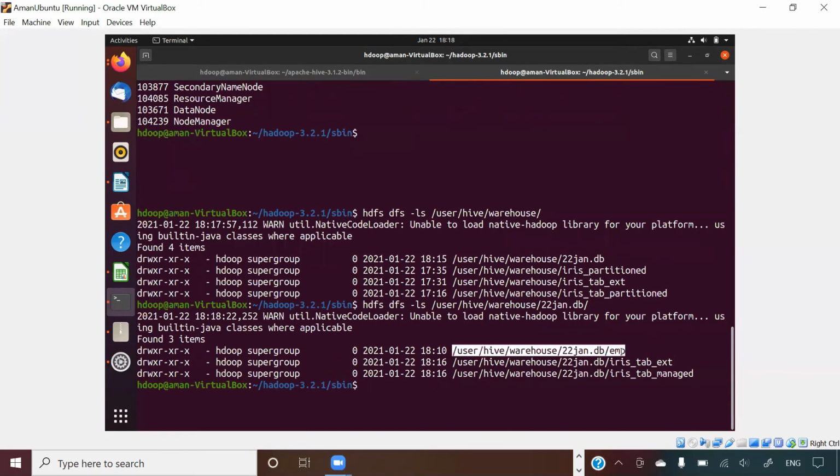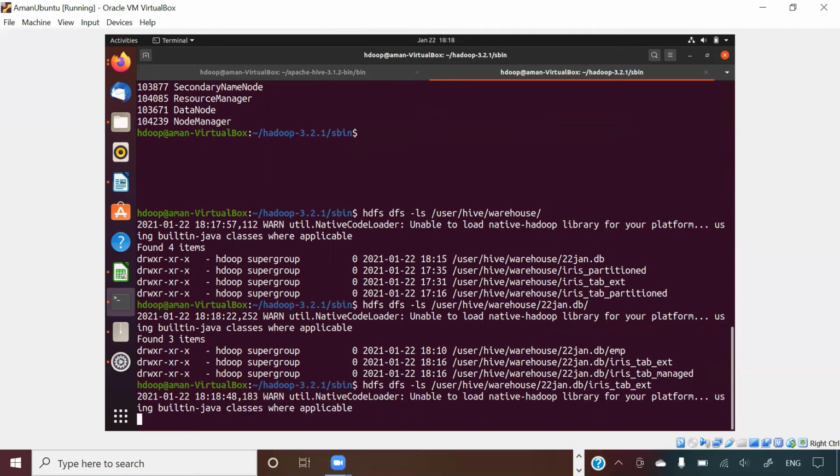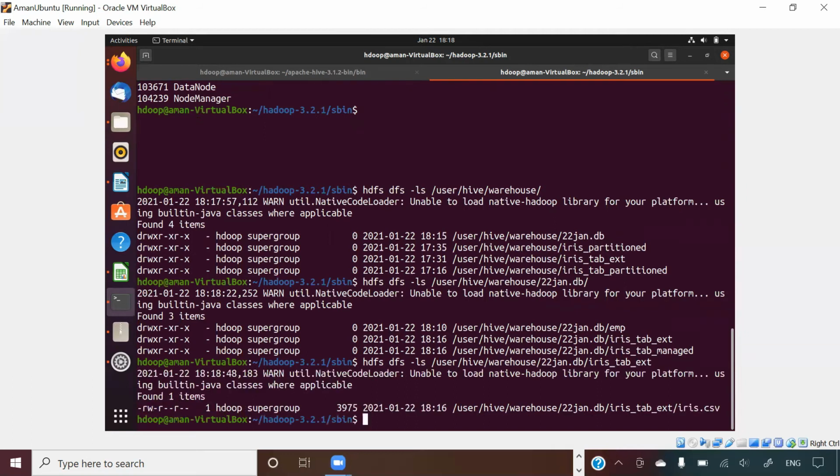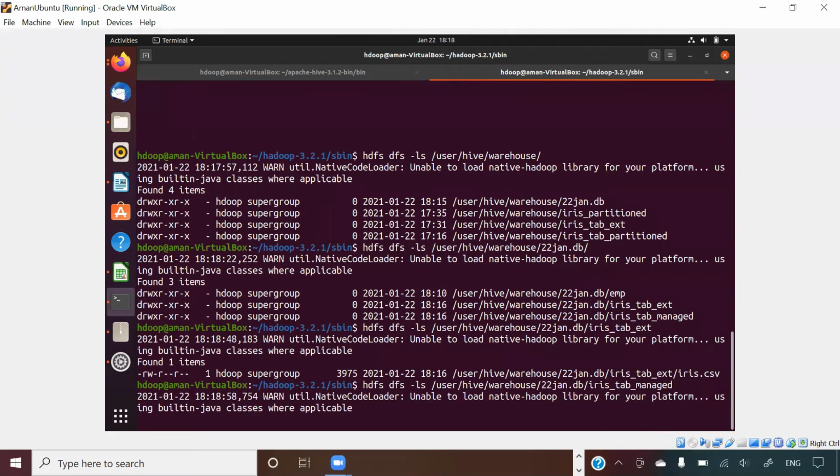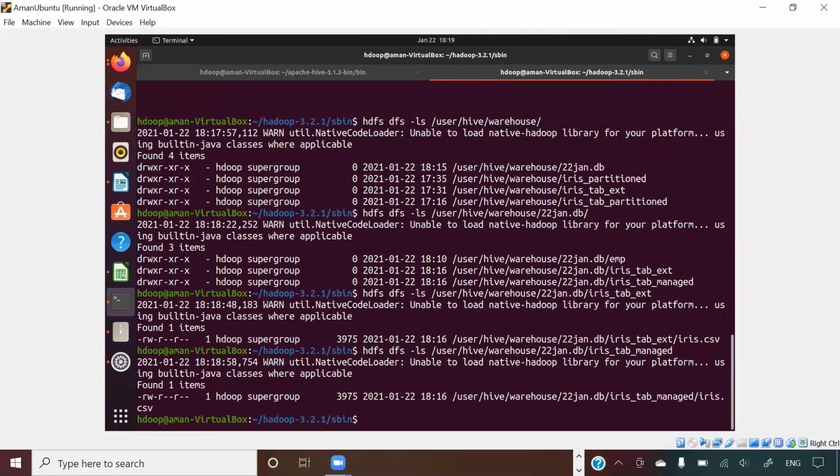The EMP table we created, iris tab external we created, iris tab managed we created. What is inside these? Let us see iris_tab_ext. You will see this iris.csv file, and similarly if you look at the managed table, there also you will see this iris.csv file present, which means the csv file has been moved to this location.